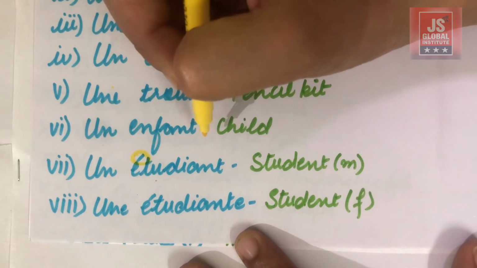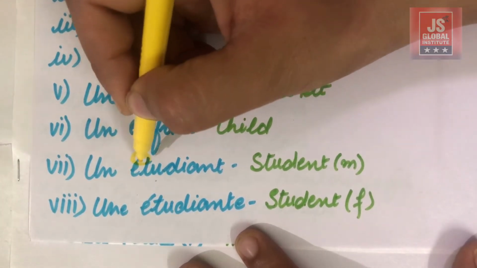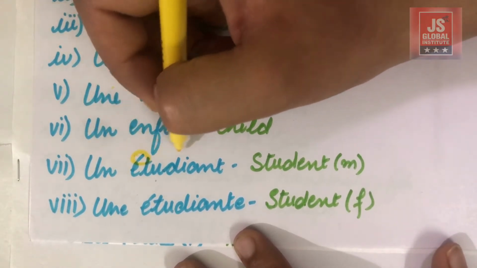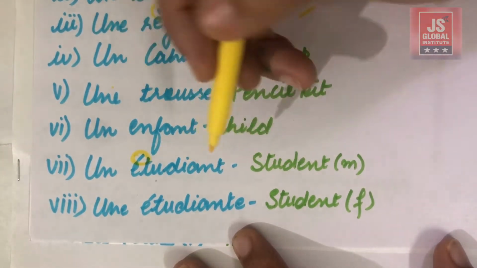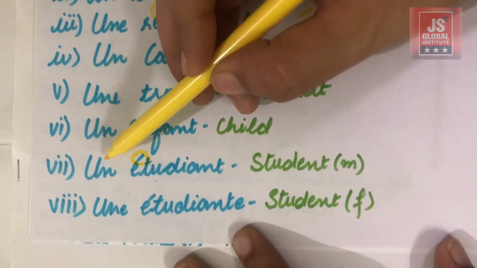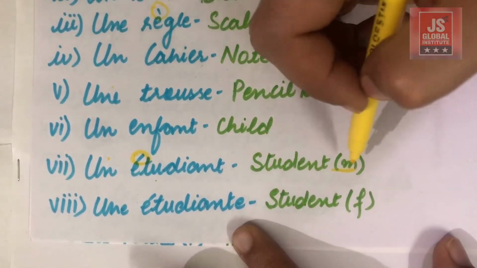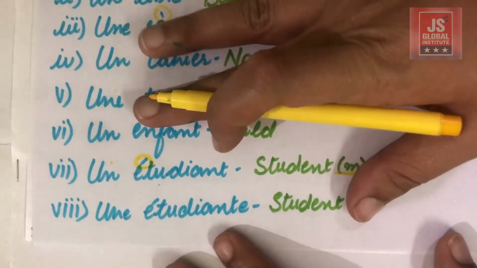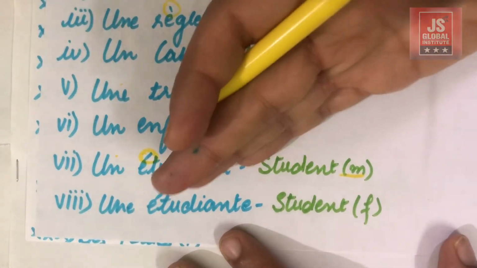So here it is in this side, so the sound will be a. Alright, how we will pronounce it? Un étudiant. Alright, this means student. Right, and we are using un, which means masculine student, and if we want to say this in feminine, I mean student can be in masculine gender as well as in feminine gender.